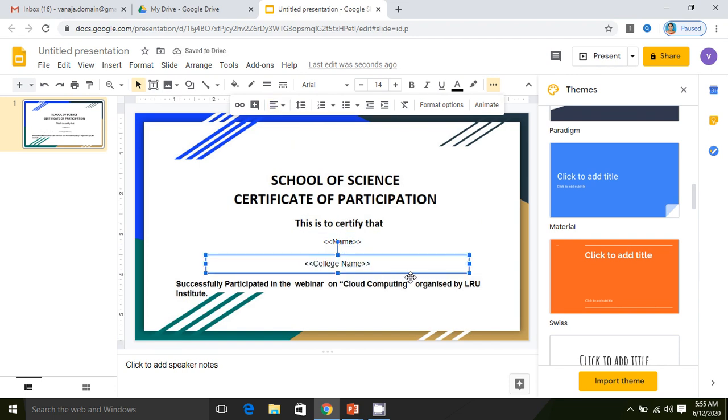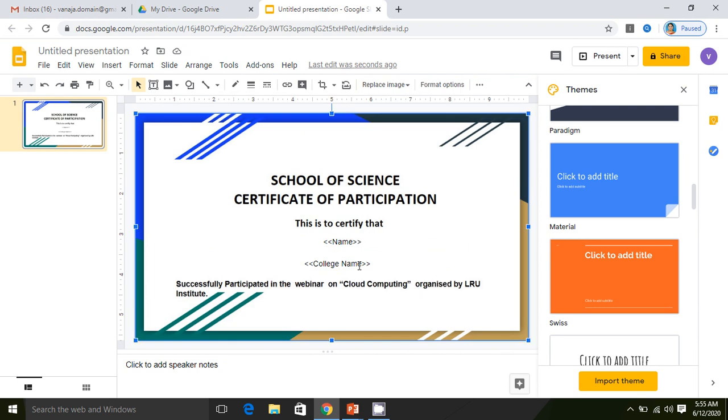So now I have given only two pieces of information, the name and the college name of the participant that I want to display. In case of a paper presentation, you can give a paper title over here. So there is no restriction. For any kind of event you can have it, and you can plan any number of fields as you require. The tag should start with the double angle bracket, that is the less than symbol twice, and it should end with the greater than symbol twice. This is the only restriction here. So any kind of information you can specify here. So now our form is ready.